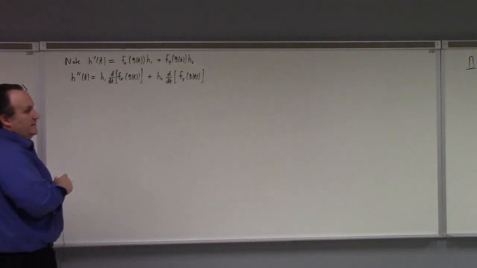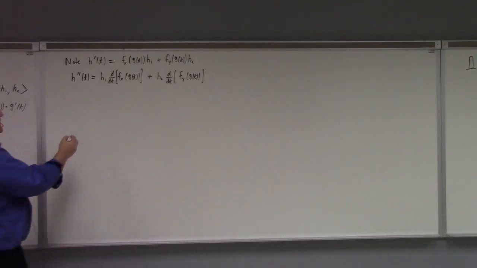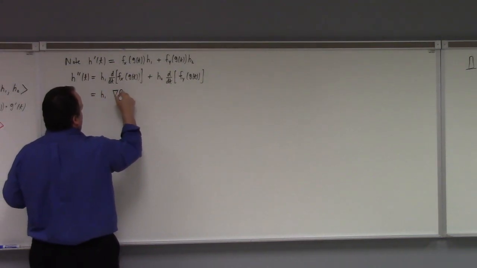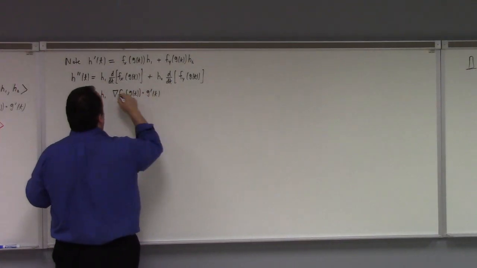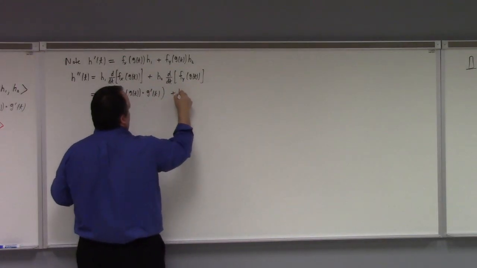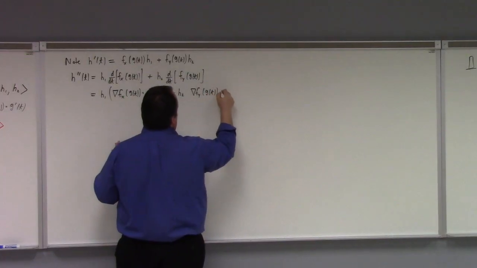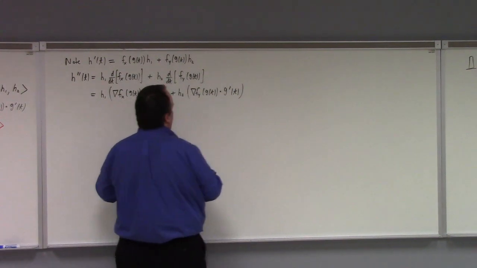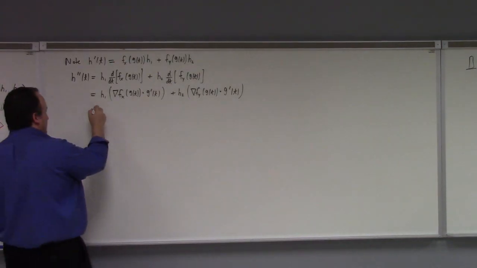Right? Now we're looking at a composition of f sub x and f sub y. These are functions of two variables, right? So we have to do the chain rule for each one of those. And so what we're looking at is h1 times the gradient of f sub x at g of t dotted with g prime of t, plus h2 times the gradient of f sub y at g of t dotted with g prime of t. Now, of course, g prime of t is very simple. It's just the vector h1, h2, right? So this works out to